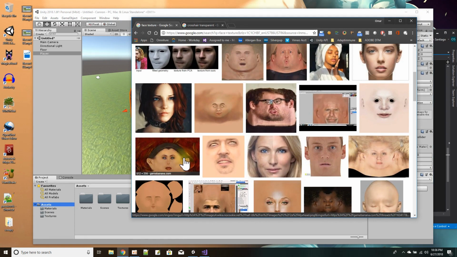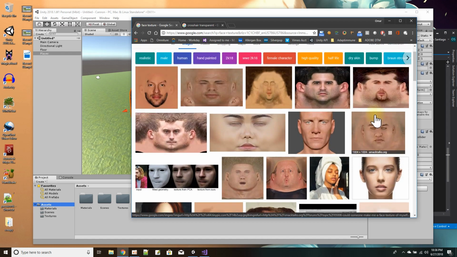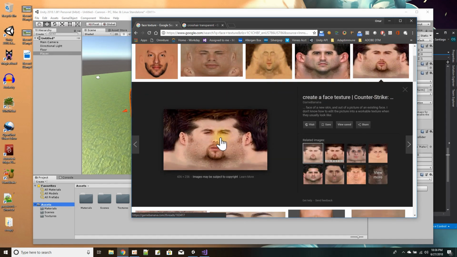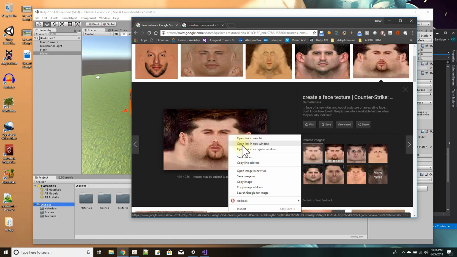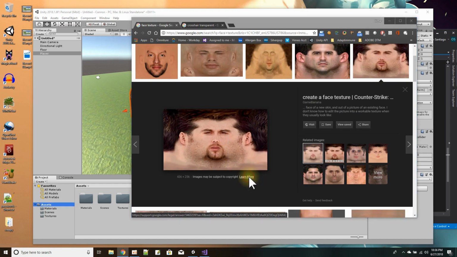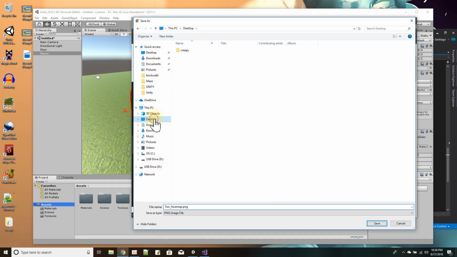So you see how they look very weird as a flat image, but they wrap around pretty well and you get the image of the face. So let's just see what it looks like with this one. Let's try this one over here just so you can see. So I take this image and I download it to my desktop. So I say save image as, I save it to my desktop,